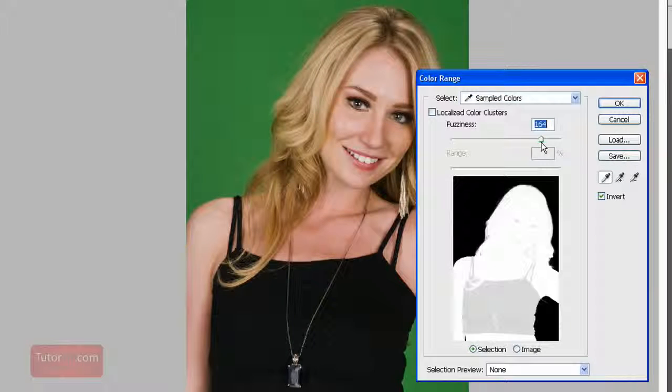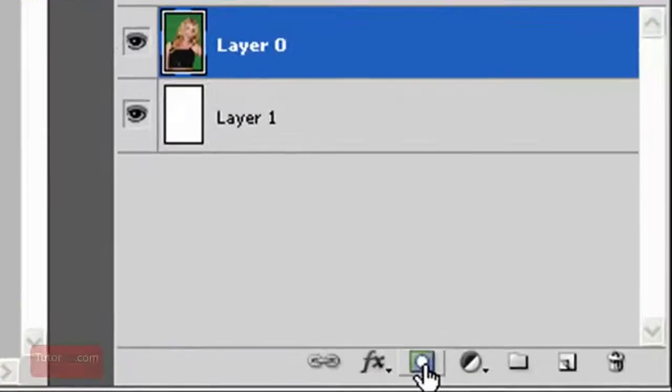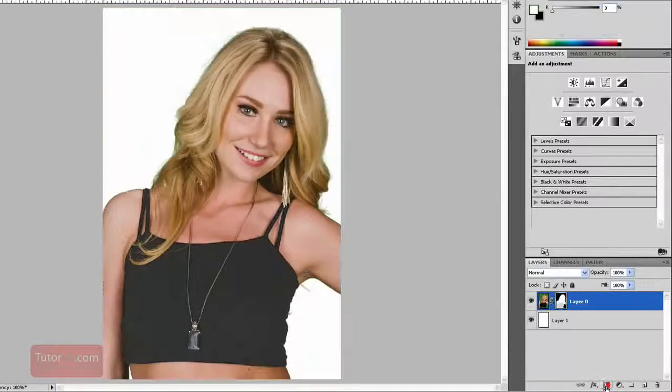We can have it pretty lenient because this color is all green, and we also don't want green in our image, so put it up pretty high. You can see that part of the girl is selected, but we'll fix that later. So once that's selected, click OK. Now we can see there's the marching ants around our picture, and then just click this layer mask button. And now you can see she was pretty well isolated, but the shirt here and a couple of the areas